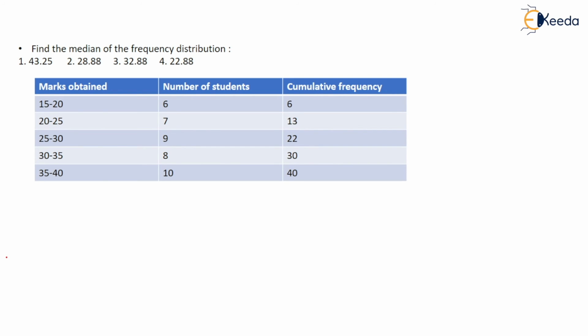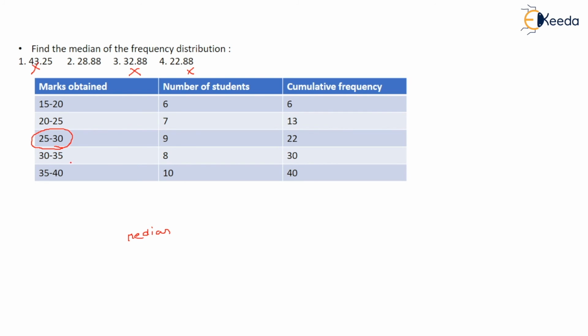So here in this question we have to find median. So for median, we can see the marks obtained, number of students, cumulative, all the data is provided to us. So whenever we have to find median for such kind of data, median means what? Median means basically the middle value, right? So the middle value you can see by your own that it will lie between 25 to 30, right? You can say this is the middle value, and here is the frequency. So you know that it must be between this. So you can eliminate this option, and this as well. So answer will be this, as you know from the question.